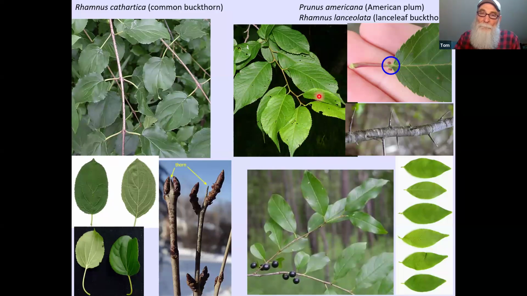So American plum is up here at the top. And of course, then there are native buckthorns. This is the native buckthorn that you would be most likely to run into. There are some other ones that are native, but they're very, very limited in their distribution in Iowa. This one's Rhamnus lanceolata. It's pretty much throughout Iowa, but it's not real common. You don't see it a lot, but you certainly could find it in most places. And so those are the two